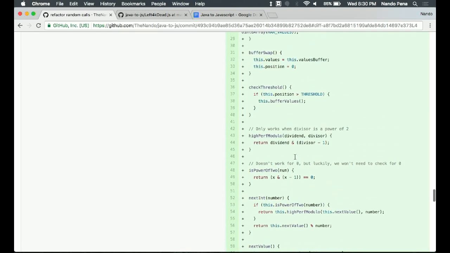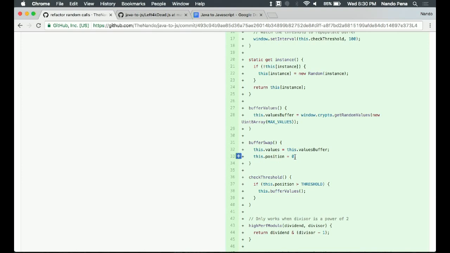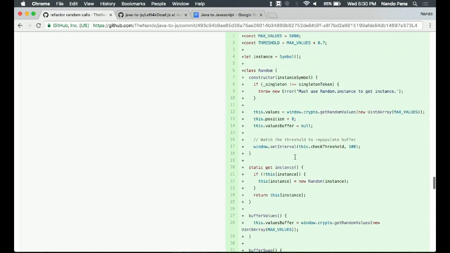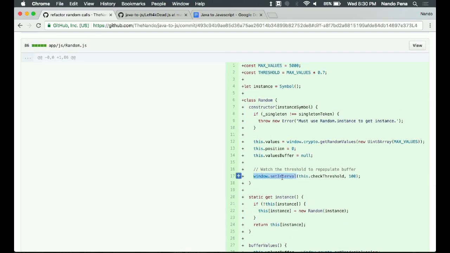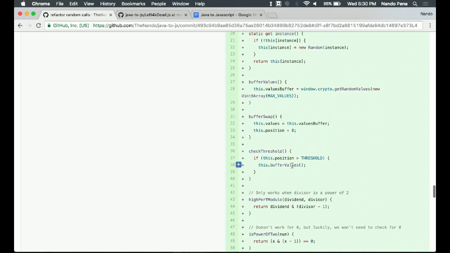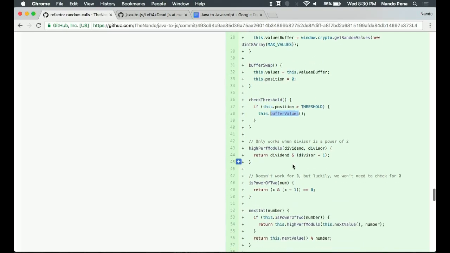This is another weird little trick. I didn't want to run out of numbers and hit the edge, and then JavaScript has to go get the next batch of 5,000 numbers for you and have a little hiccup. So in my constructor, I set an interval every 100 milliseconds, and that's a number I'll probably play around with, to check the threshold, which says how many numbers we've already used. If we're getting pretty close to the threshold, which is 80%, I'm going to start generating the next set of 5,000 numbers in the background. So I have a big buffer of numbers to work with.